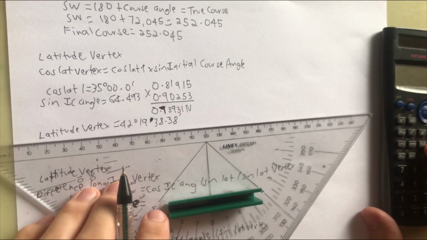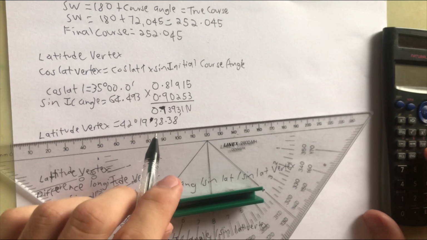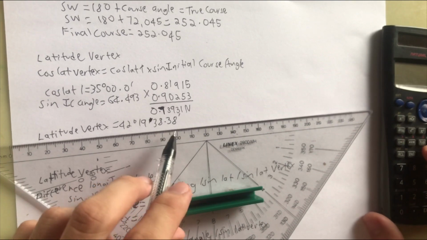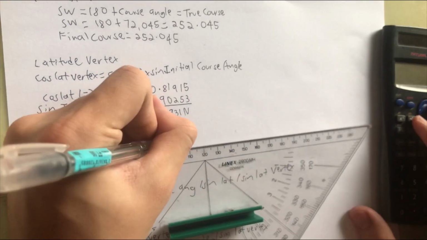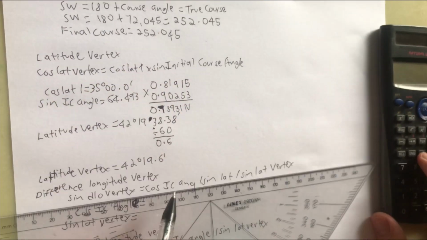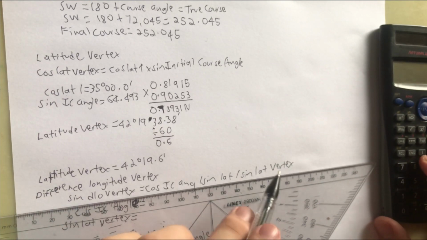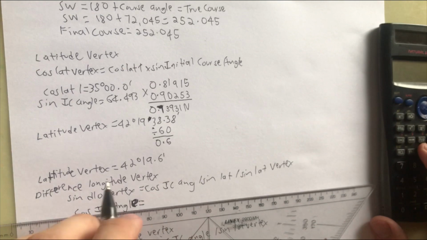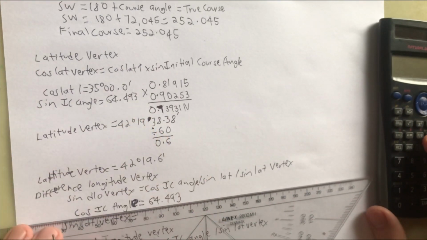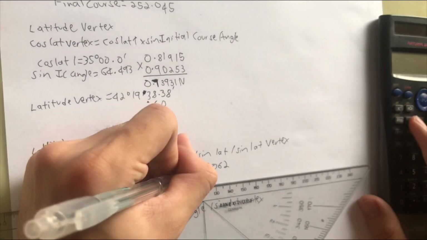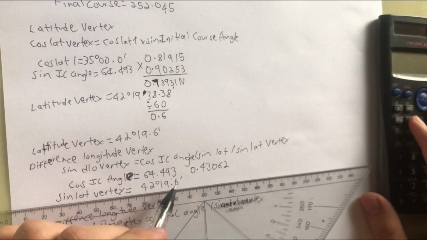Then next we will compute in the calculator. We will put shift cos, answer, and equals, so our latitude vertex is equals to 42 degrees 19 and 38.38 minutes, and then we will divide it by 60, and the answer is 0.6, and our latitude vertex is 42 degrees 19.6 minutes. The next is we will compute the difference longitude vertex. The formula is sin dlo vertex is equals to cos initial course angle divide by sin latitude vertex. So the next is cos initial angle is equals to 64.493. If we compute in the calculator, the answer is